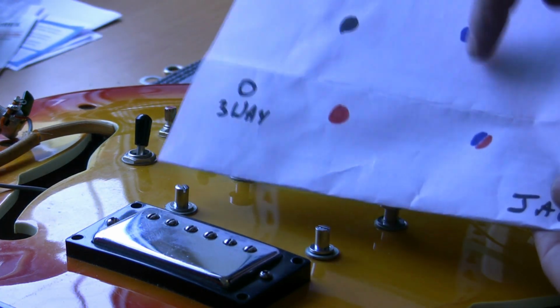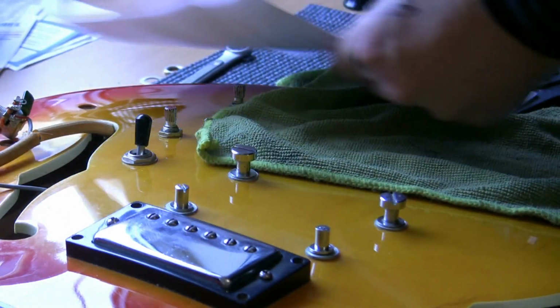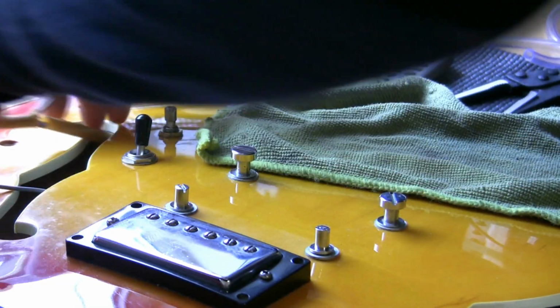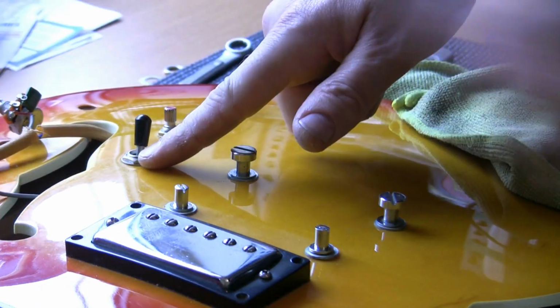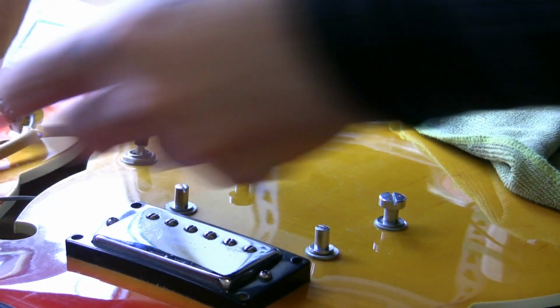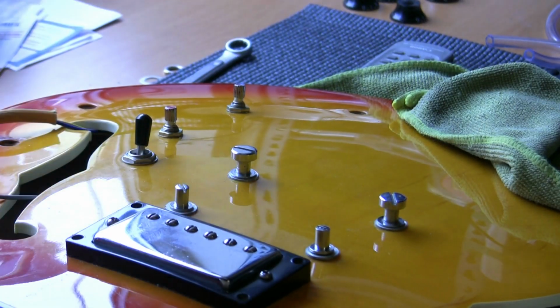Red, red and blue, blue, black, which corresponds to red, red and blue, blue and black. Got plenty of room to get these 2 in now. These will go in really, really easily. Once that's done, I've already got that in, did that by hand. To get this in, I'm going to show you how we get that in, because nothing is going to get in the way of that now. I fashioned a tool